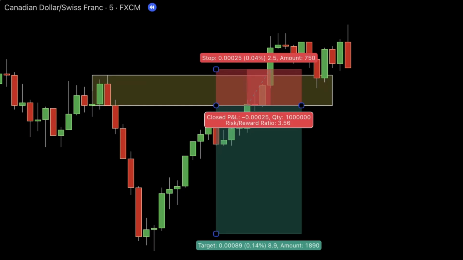Here's the hard truth. This wasn't just bad luck, it was bad trading. By acting on the fear of missing out, you skipped a critical step. Confirmation. Let's be clear. The supply zone is only one part of the strategy. Who said the market must respect that zone? Trading isn't about guessing, it's about aligning all the pieces of your strategy before entering a position. If you skip steps and rush into trades, you're not trading, you're gambling.